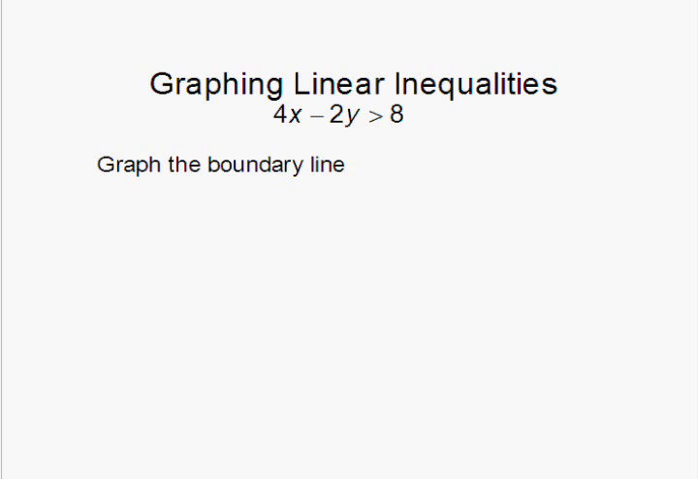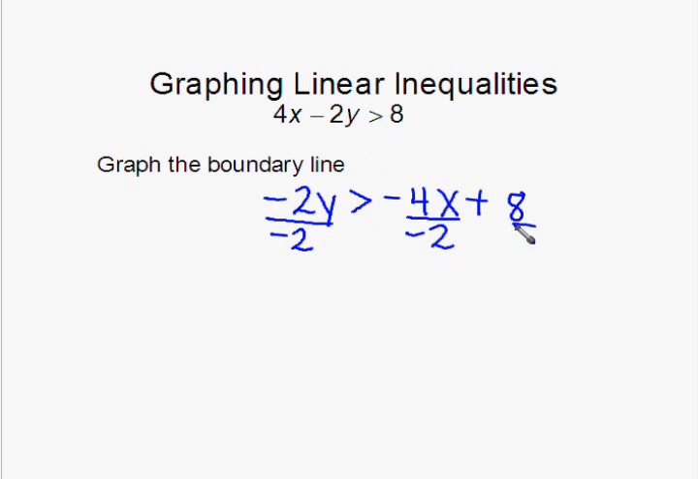So my first step is going to be to subtract 4x from both sides. That will give me negative 2y is greater than negative 4x plus 8. You might recall that subtracting does not change the direction of the inequality. My next step is to divide through by negative 2. Now, dividing by a negative number will change the direction of the inequality, so our greater than becomes a less